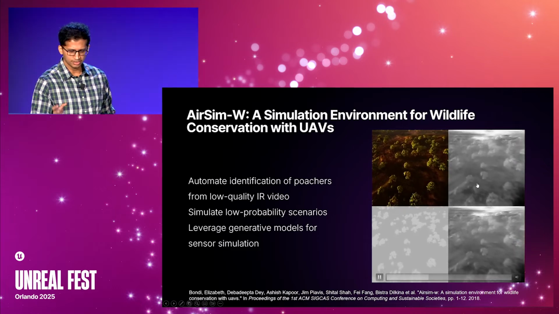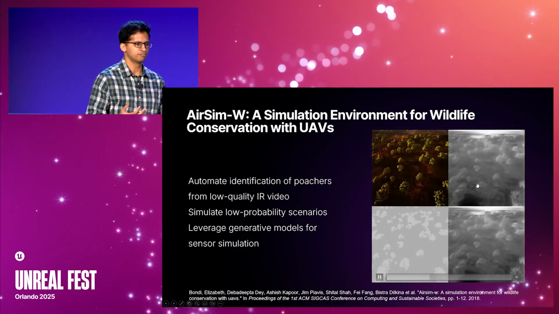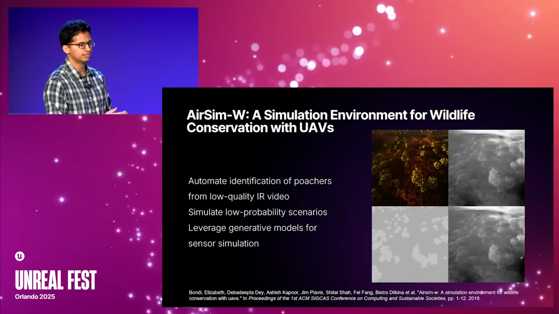But what this project did was use generative models to make these simulated infrared images more realistic, so that they actually look like what the real IR camera would look like. And eventually they figured out that by training generative models on simulation data like this, you are almost getting real data for free. Because at the end of the day, if you train it right, you can now generate realistic looking versions of infrared from very, very different scenes. And they were actually able to deploy this in real life and achieve success in human detection.